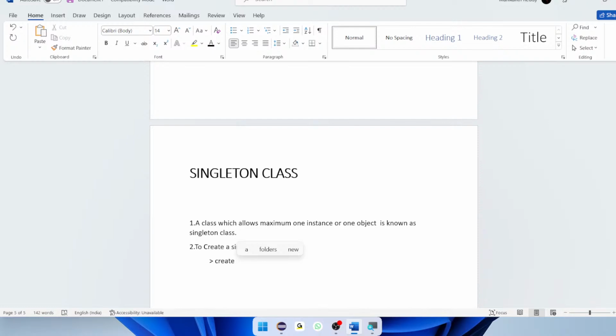Definitely, we should create a private constructor. It is mandatory to create a private constructor. We need to create the constructor as private. Then create a public method which creates